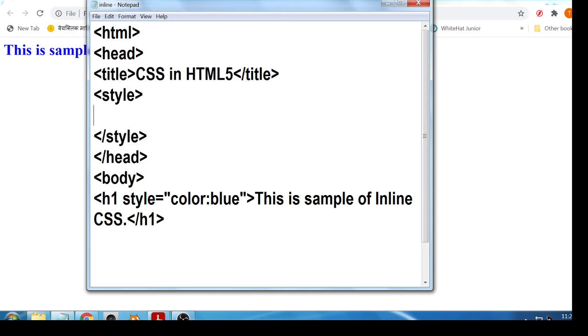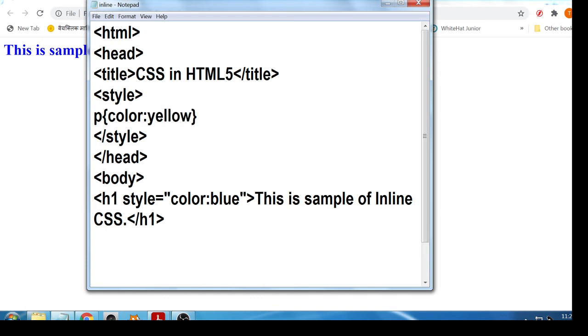Define the CSS in advance. For example, a simple paragraph tag, we want to apply the CSS for the paragraph. Give the P tag and curly bracket open, curly bracket close, and within the brackets apply any CSS property.